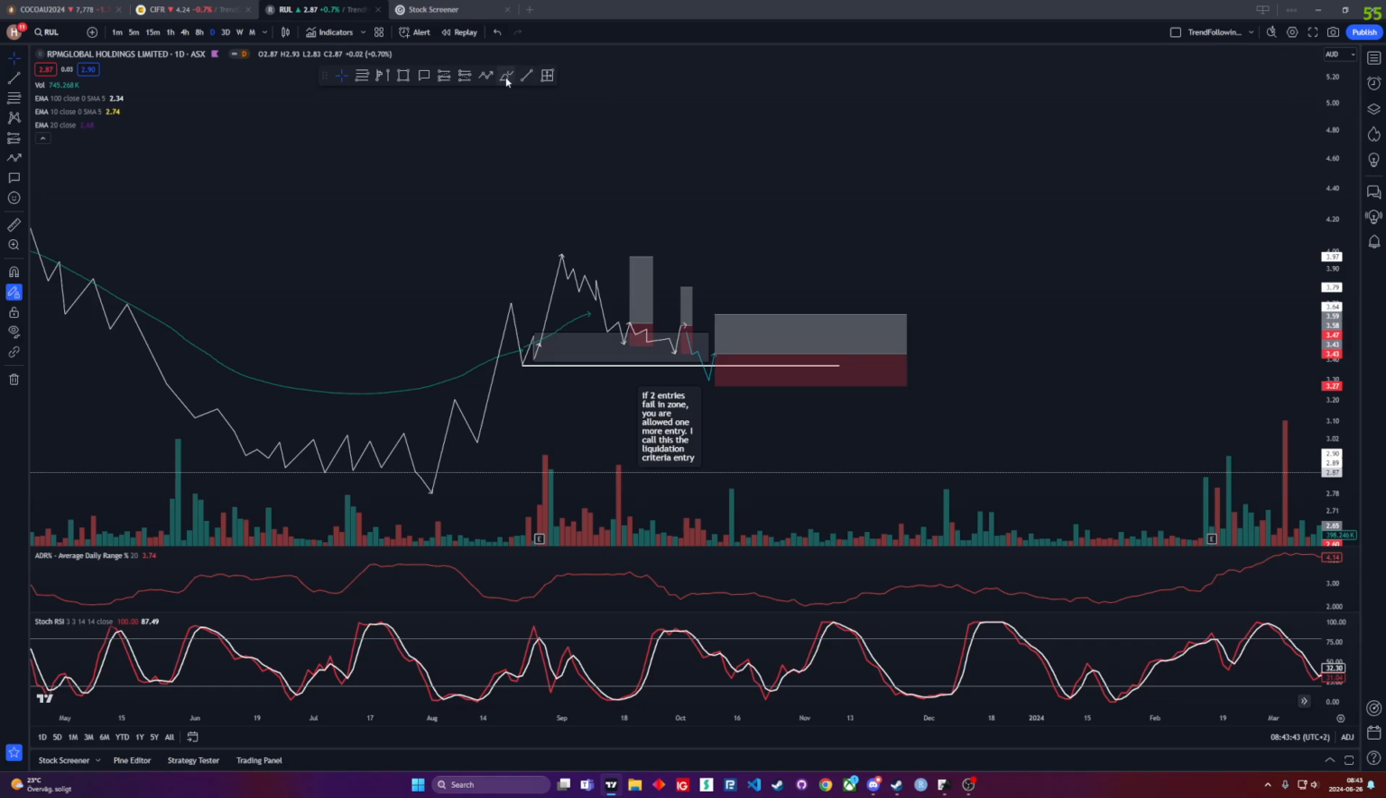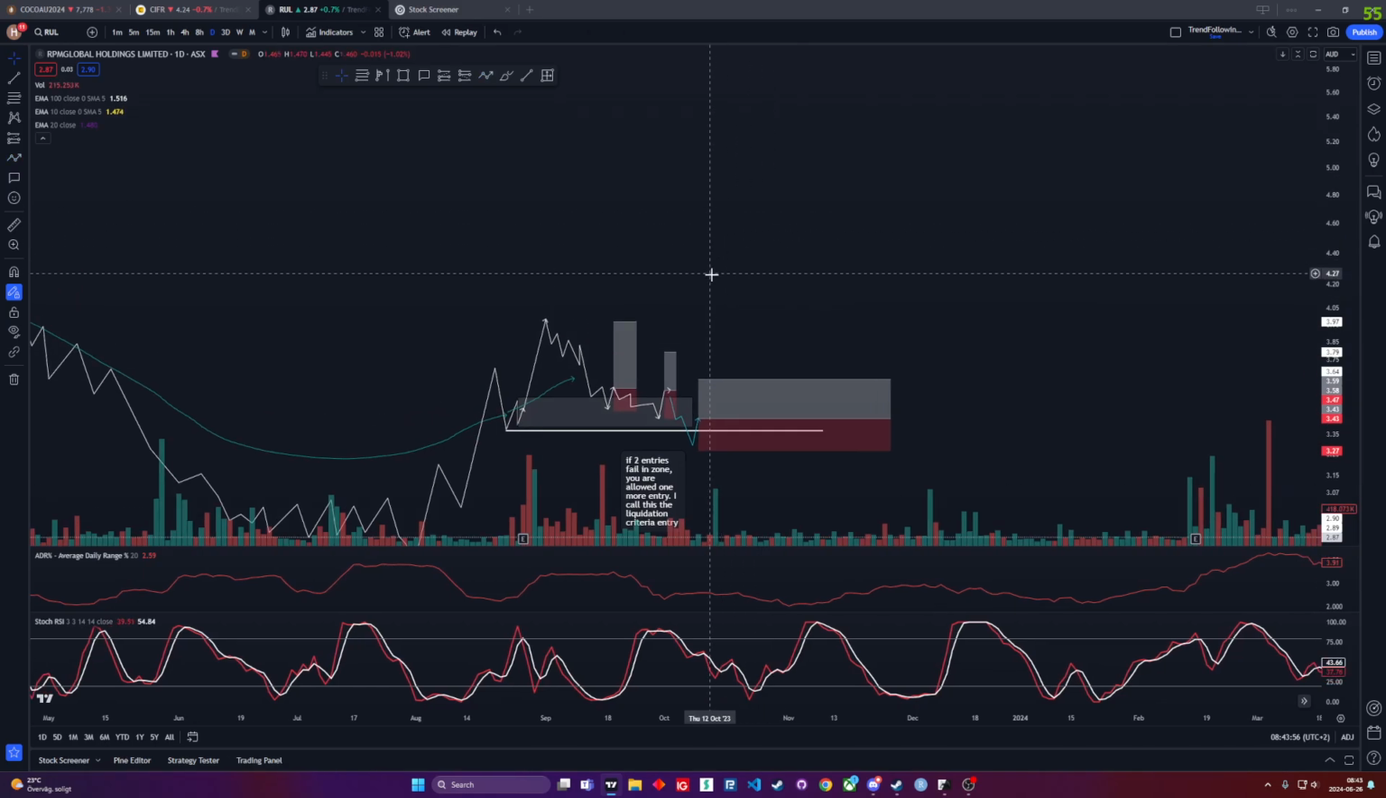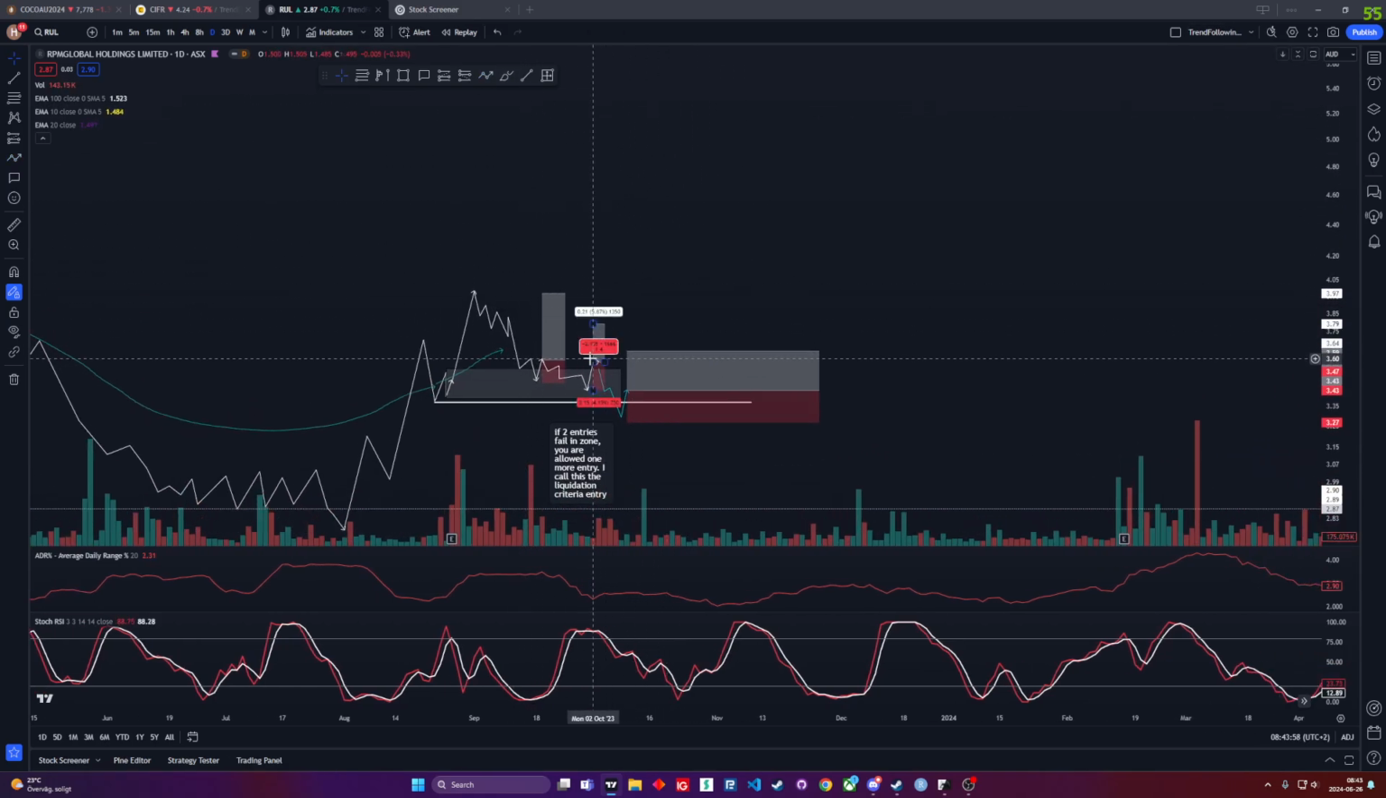Also, I have a few other criteria. For example, if the 20-day moving average is below the 100-day moving average, you do not enter. That's momentum. Momentum has completely died. So you want the 20-day to be above the 100-day at all times. In this case, that's scenario B. If scenario A,